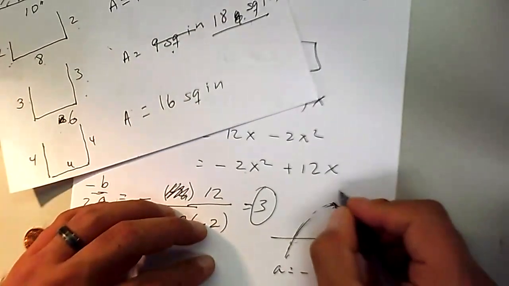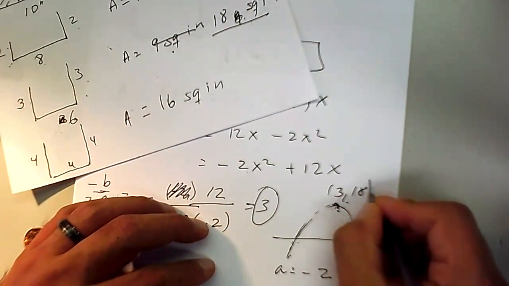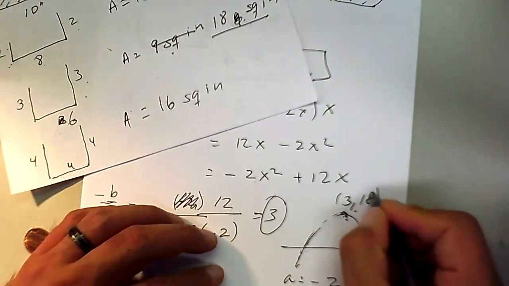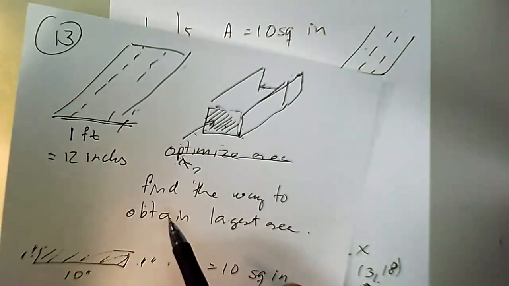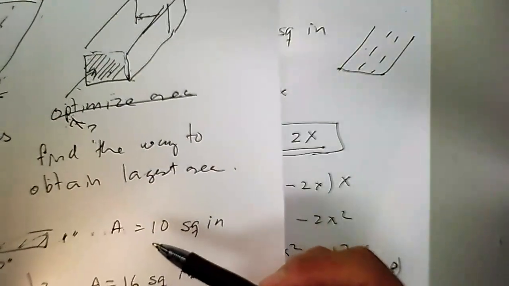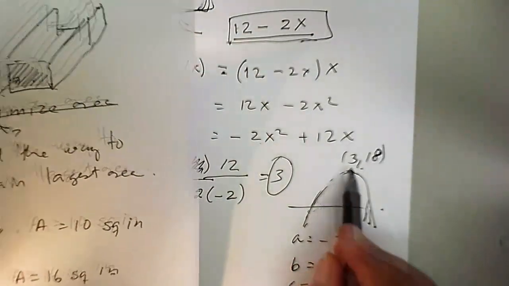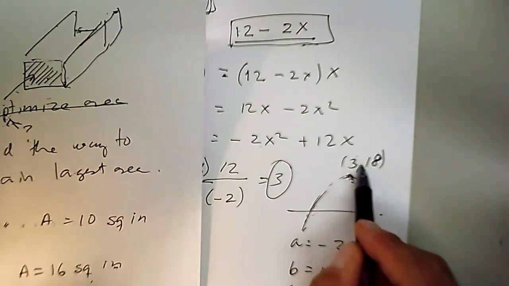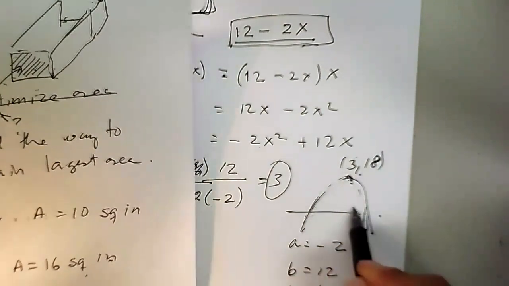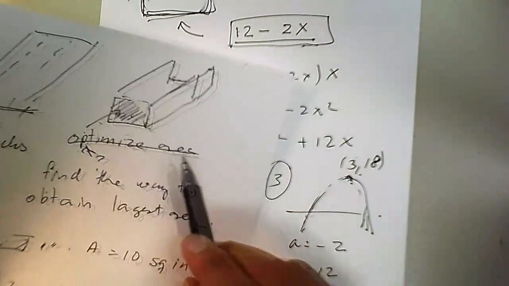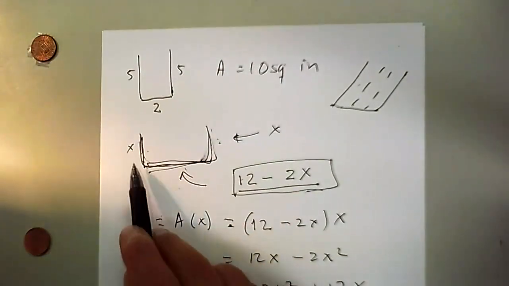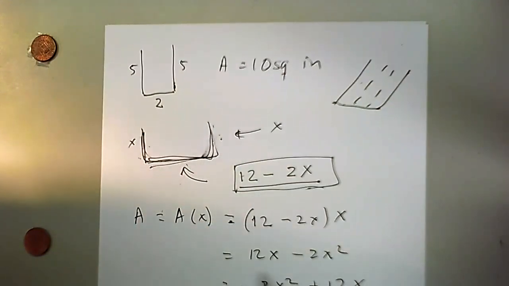So this is 3, 18 when we set it up that way. Now somebody could say, can we set it up so x is the bottom? Sure, you can. And then you will end up with the same answer. Well, not the same parabola because it will be 6, 18. It will be a different parabola. Yeah, it might not be a bad idea to do that. If this was x, then what is each one of those two sides? But anyway,